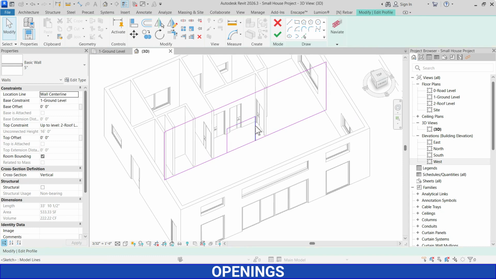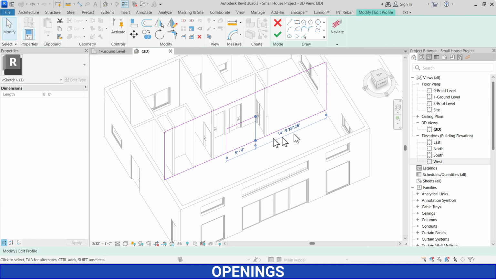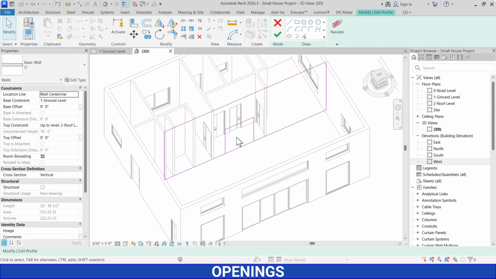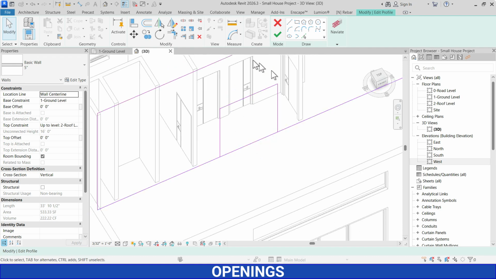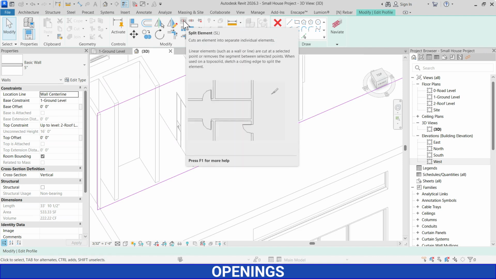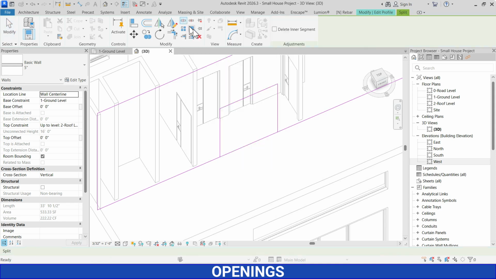And we want to keep it in the center. So from this, it would be 2 feet 3.5 inch. Enter. And then again we will keep it 6 feet. Enter. Now it is perfectly on the center, but we don't want this line because we want to create a hole. So we will use split element. You can press SL from keyboard and then click in the center or anywhere,